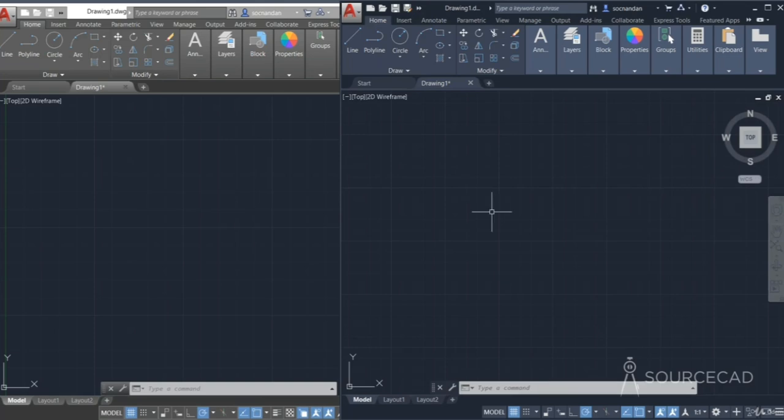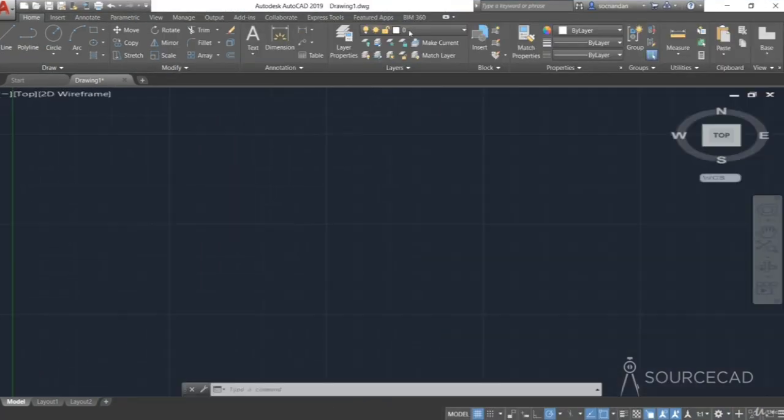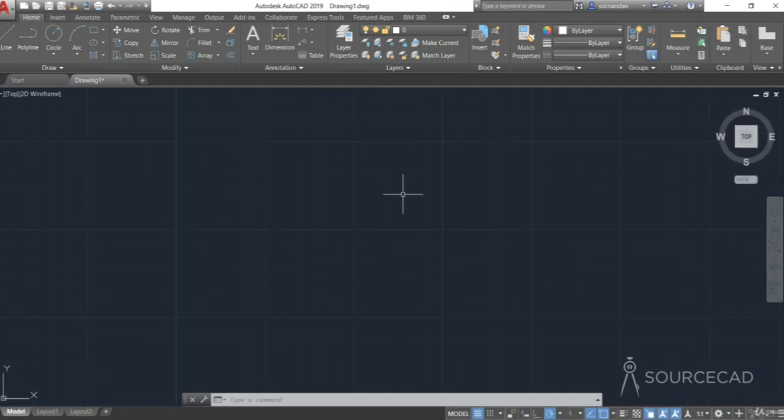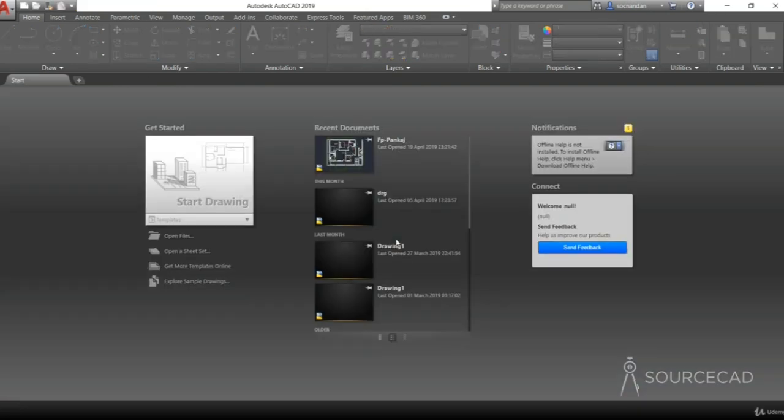So now I'm going to go to this AutoCAD 2019 and I'll maximize this. Now let's have a look at the user interface. When you start AutoCAD, you will reach this start screen. When you start AutoCAD for the first time, this is how your AutoCAD software will look like. We'll have this start tab,